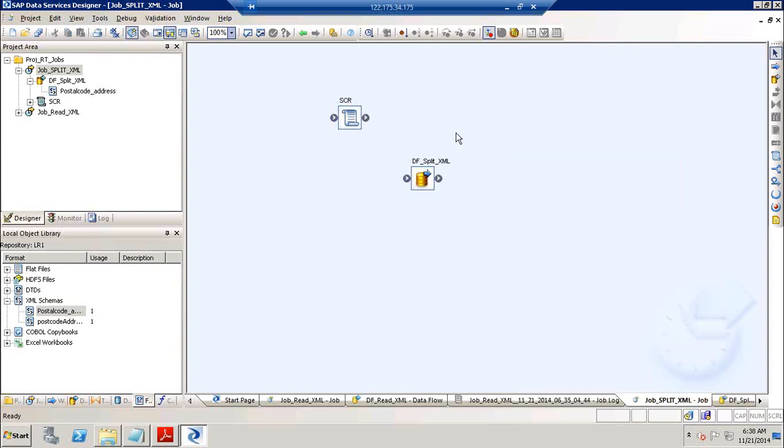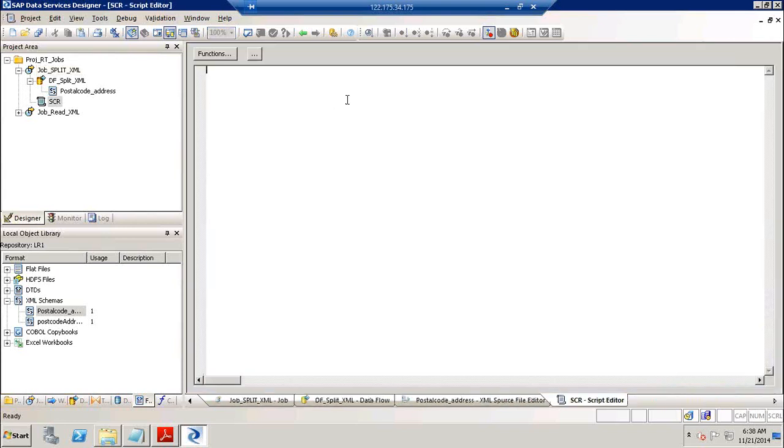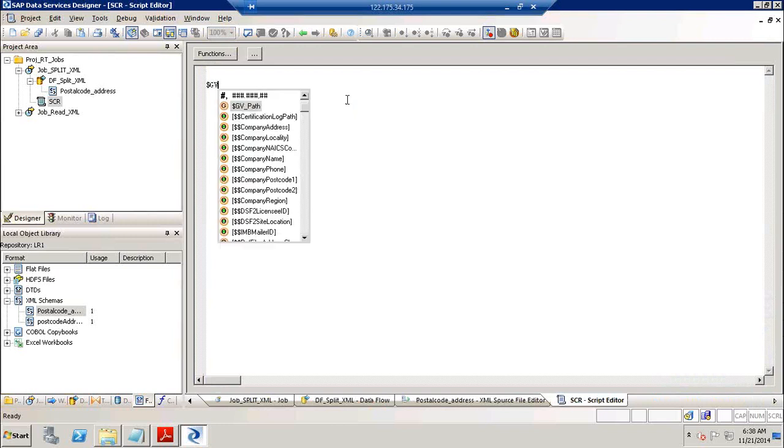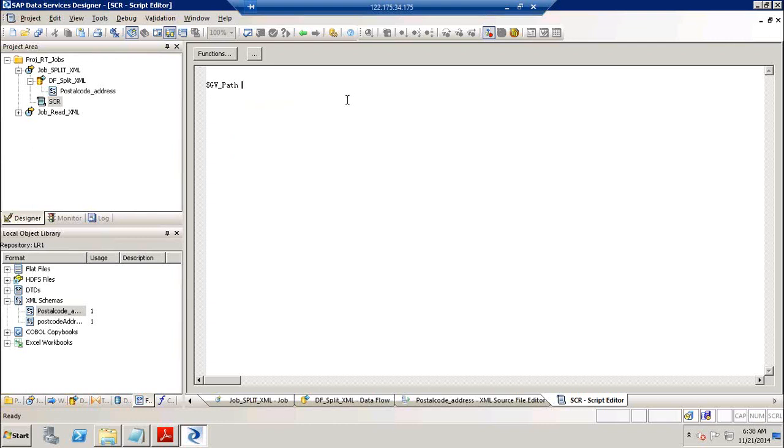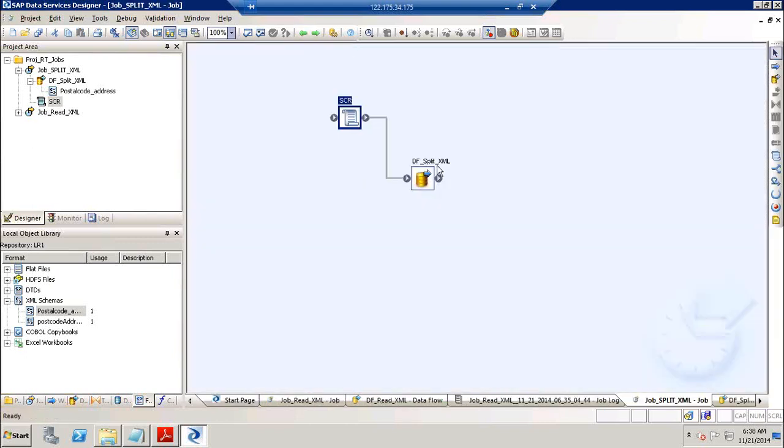So you created a global variable, and now go to your script and give $GB underscore path is equal to this one, right? So I assigned the path of my XML file to a global variable, and now